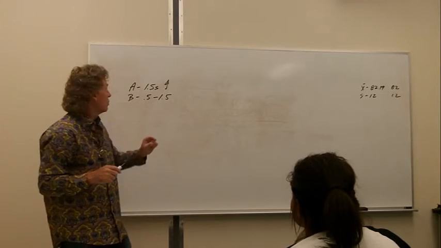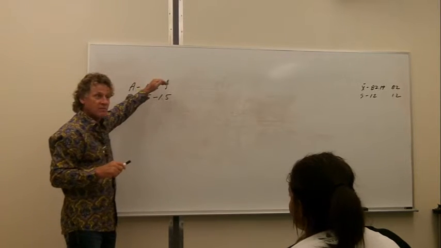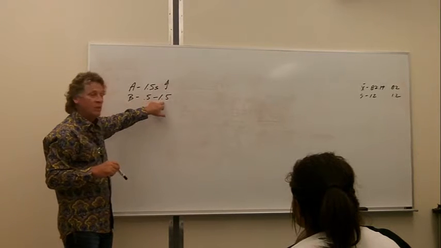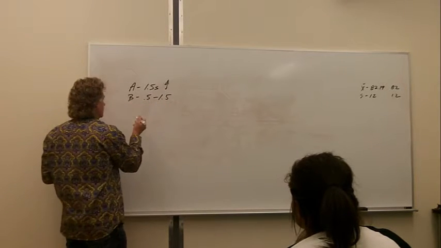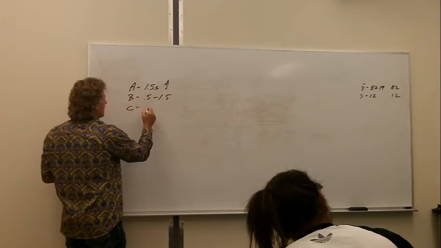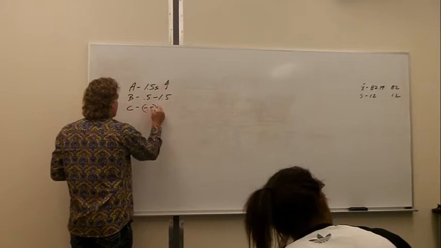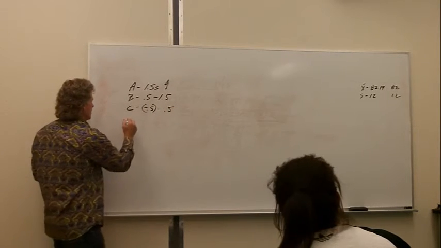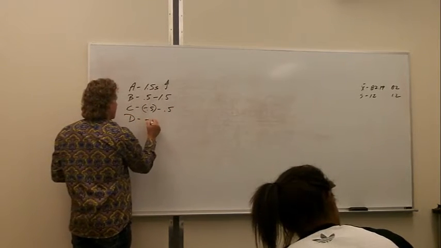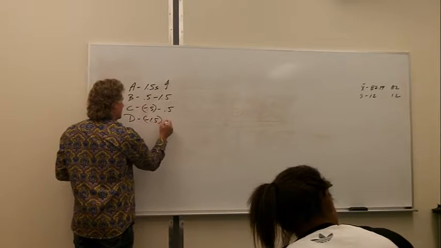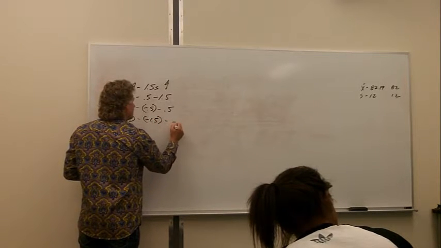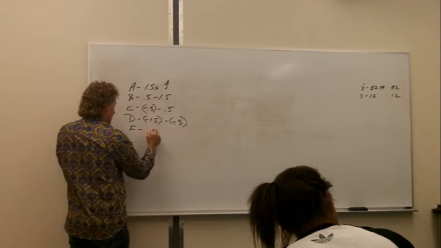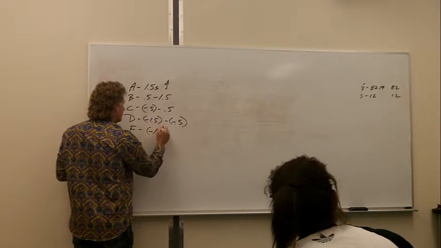We know if your z-score is a 1.5 or above, then you're going to get an A. If your z-score is between a 0.5 and a 1.5, you're going to get a B. A C, and write this stuff down because we'll need it, is negative 0.5 to a positive 0.5 standard deviation. A D is negative 1.5 to a negative 0.5,